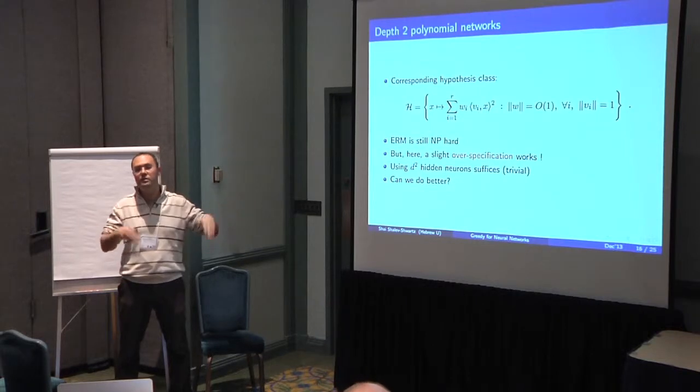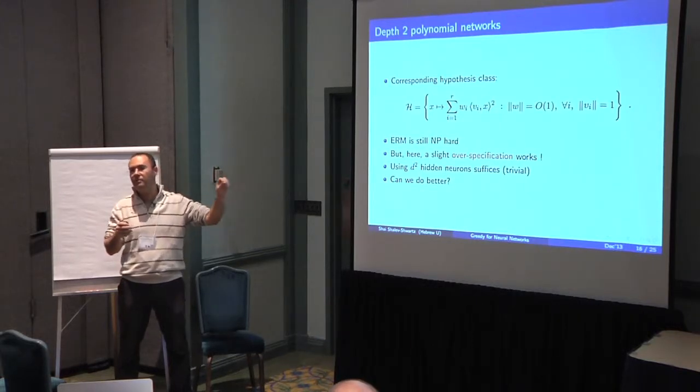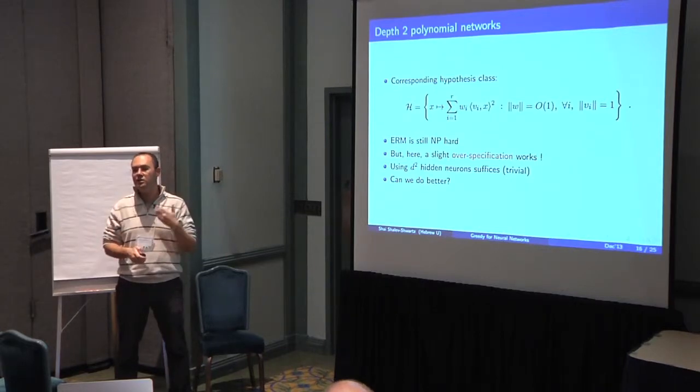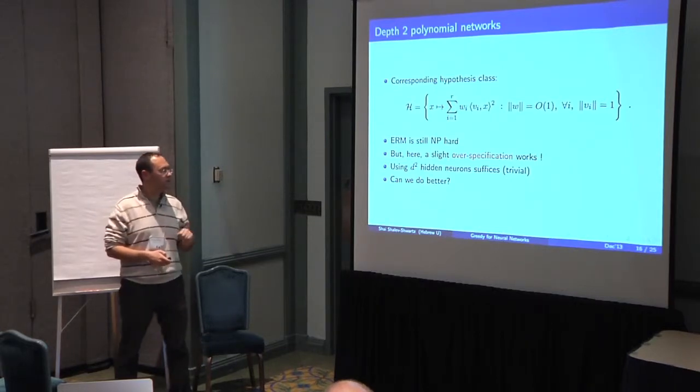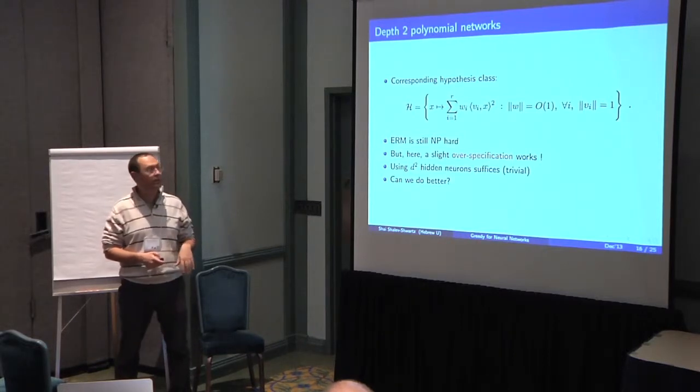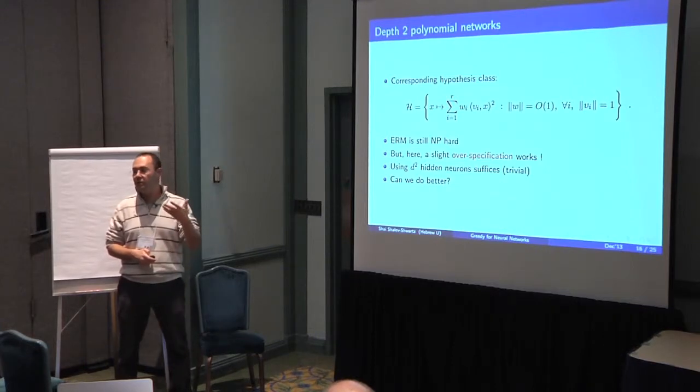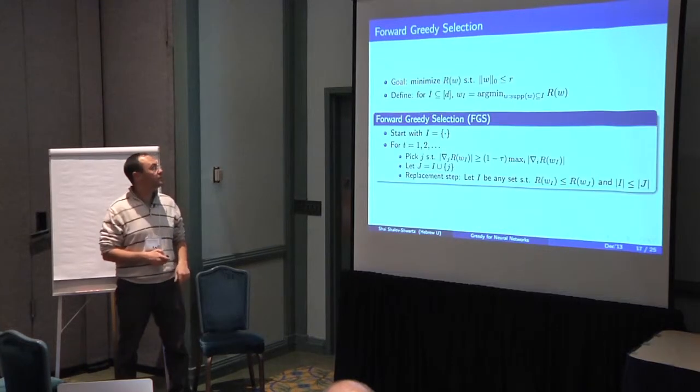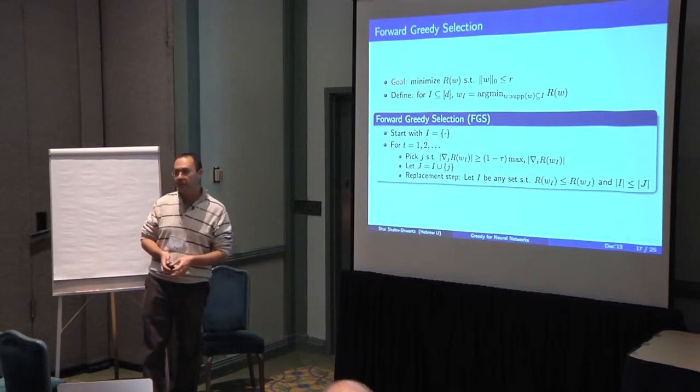Okay? And then if we just put these square hidden neurons, we now can learn it trivially. Okay? Because in the first layer, we do nothing. We just take all the products. And in the second layer, we just learn a linear predictor. So this is trivial, but this is maybe too much. The question is, can we do better? Can we be order of R? Can we learn it with order of R hidden neurons? And the answer is, yes, we can,